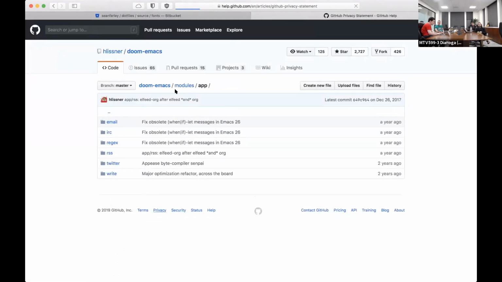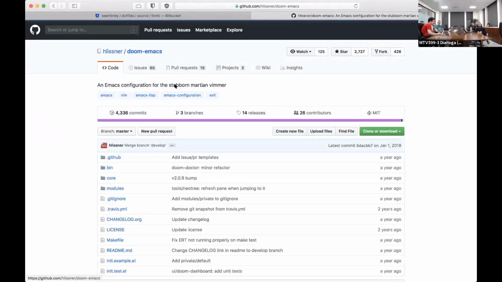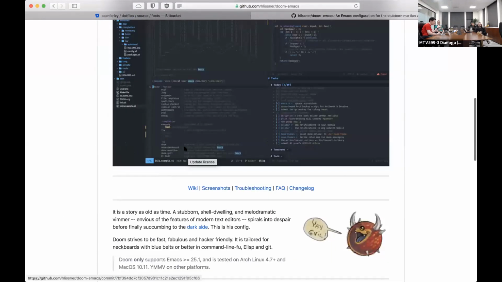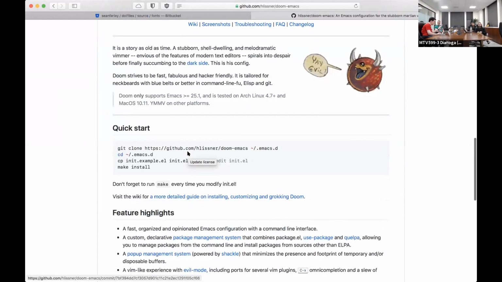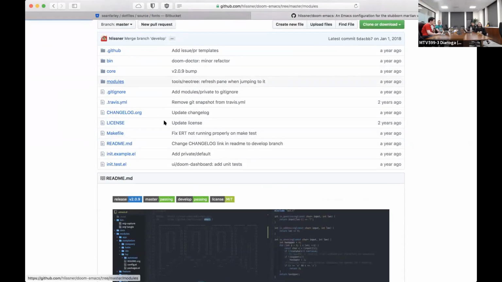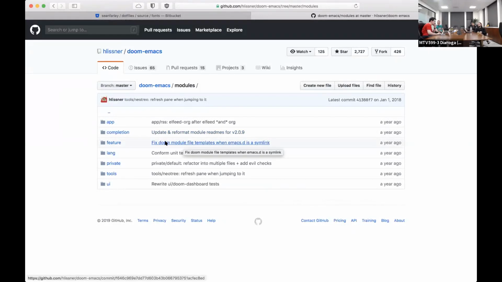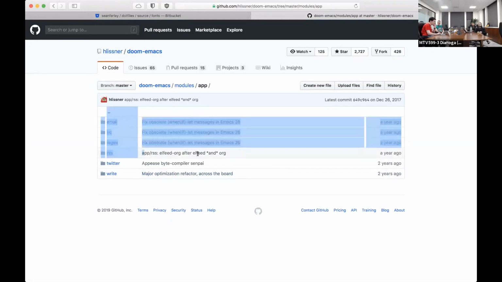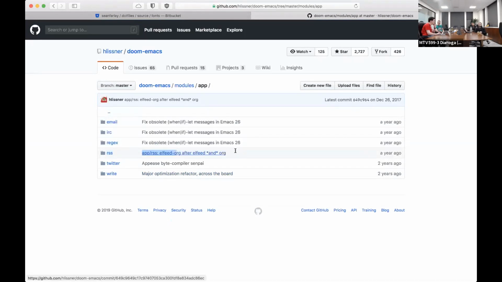Here you can just see the core. You don't really care about the core unless you do want to see how he does some of this stuff. The README does have some nice places to start and how to get set up. But I go to modules and I just kind of poke around to see what looks interesting. Like one I have not tried yet, but I've been meaning to, is the elfeed for reading RSS in Emacs. I played around with